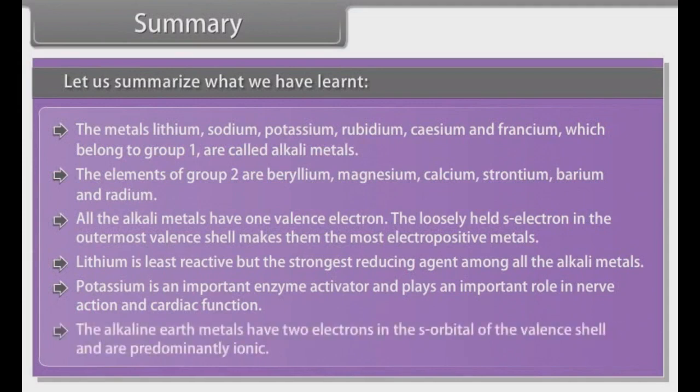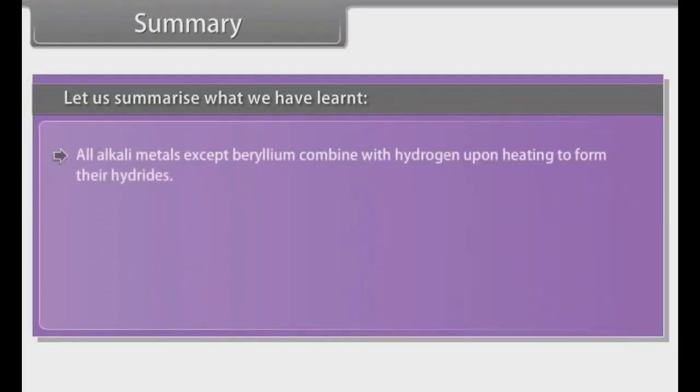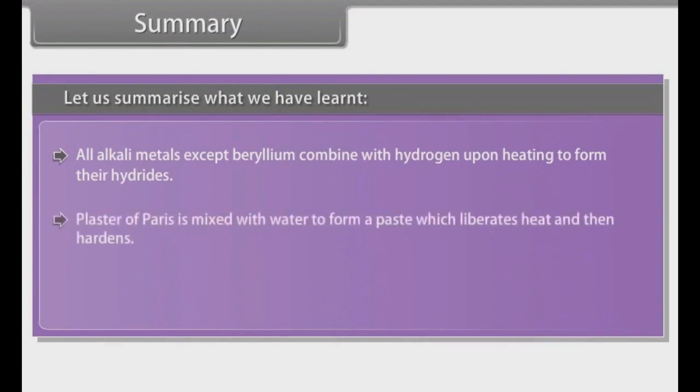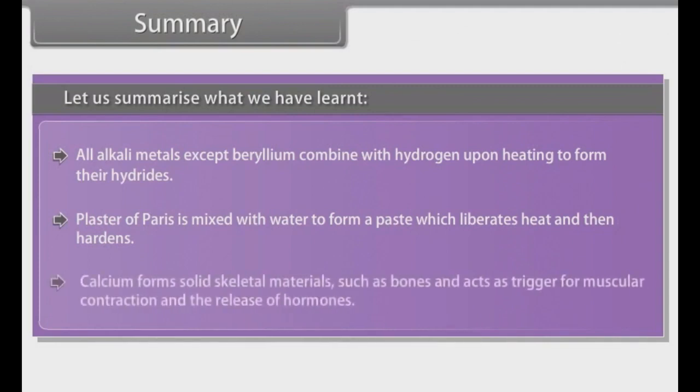The alkaline earth metals have 2 electrons in the s orbital of the valence shell and are predominantly ionic. All alkaline earth metals except beryllium combine with hydrogen upon heating to form their hydrides. Plaster of Paris is mixed with water to form a paste which liberates heat and then hardens. Calcium forms